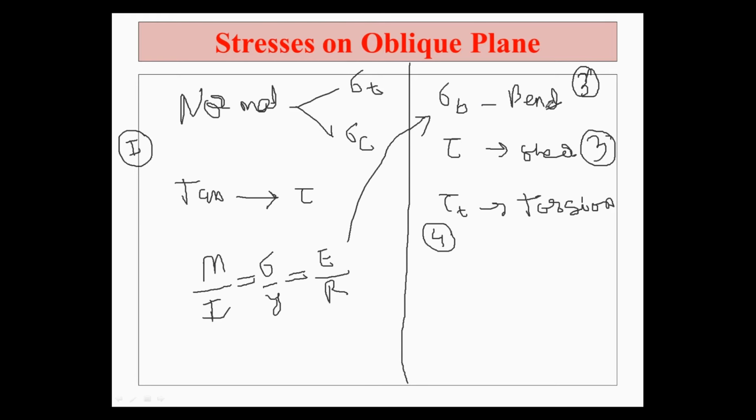Bending stresses have two natures, so it may be sigma T or it may be sigma C. अगर आपने sigma T लिया है, then you have to put here yt. If you put sigma C, then you have to put here yc. Then E by R, E is the modulus of elasticity, R is the radius of curvature. ये फार्मूला हमने बेंडिंग स्ट्रेस यूनिट नंबर 3 में लिया था.